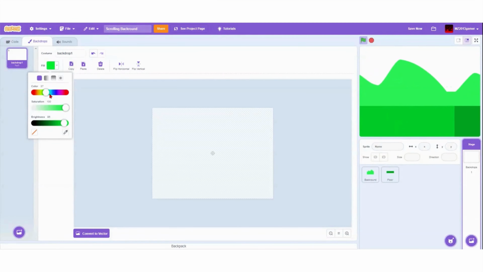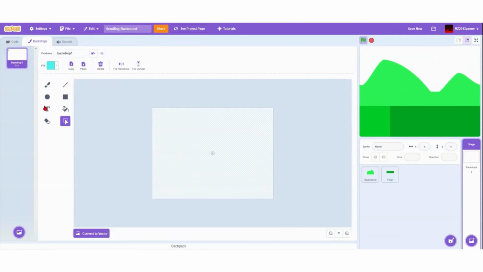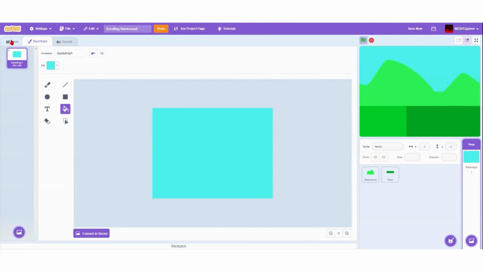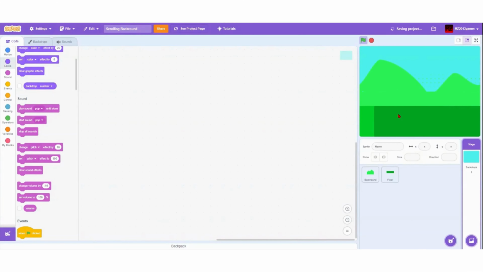We can just convert to bitmap and let's do a lightest saturated blue, and let's just use the fill color, and we're done. That looks awesome. So it scrolls, it works, the floor is scrolling, the mountains are